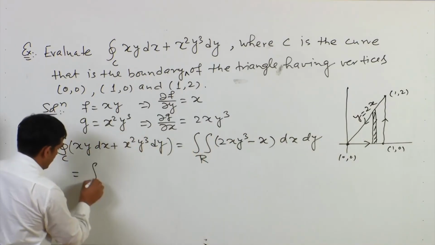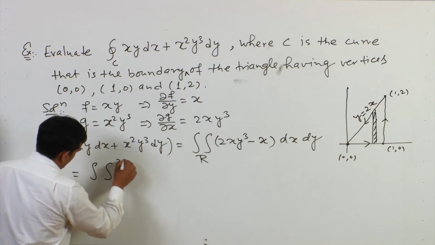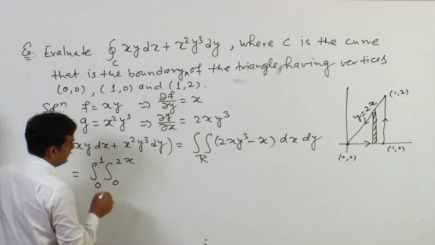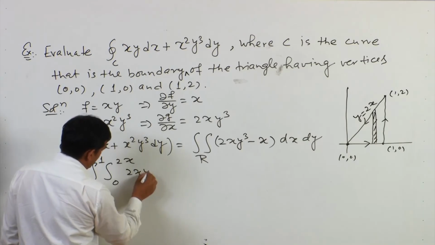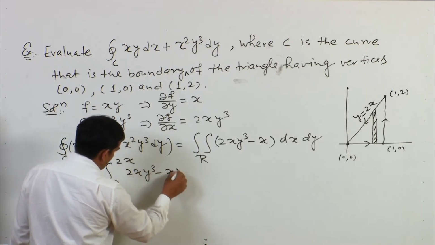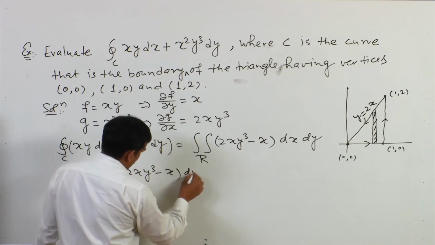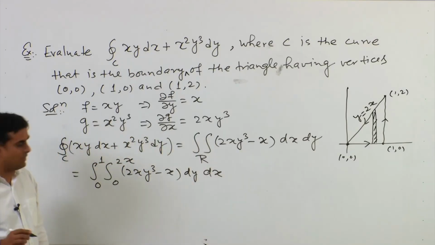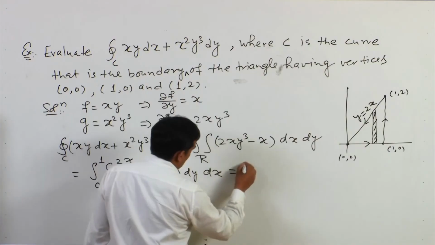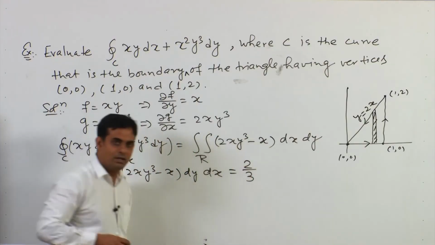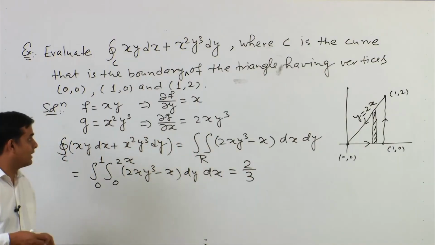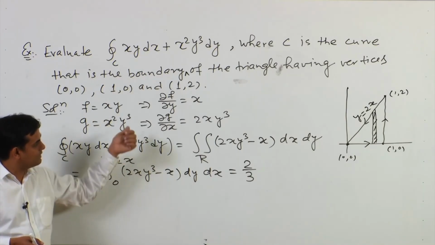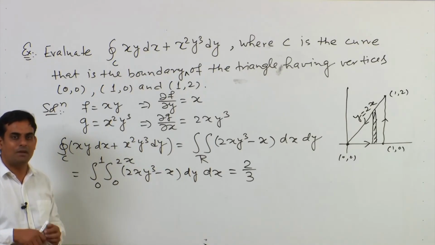So, y goes from 0 to 2x and x is going from 0 to 1, of 2x y cube minus x dy and then dx. After simplifying this, I will get this integral as 2 by 3. In this way we can solve this line integral in a very simple manner just by applying Green's